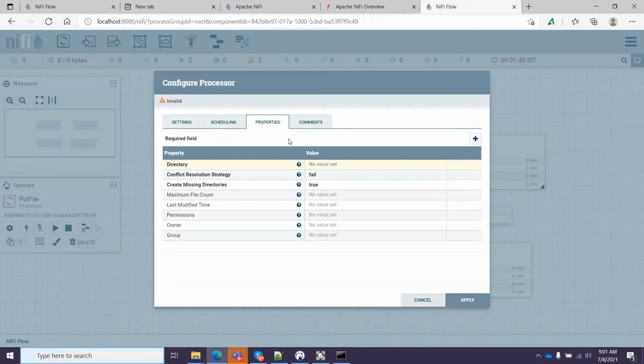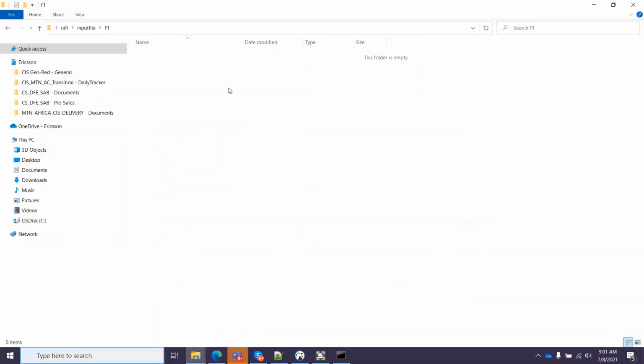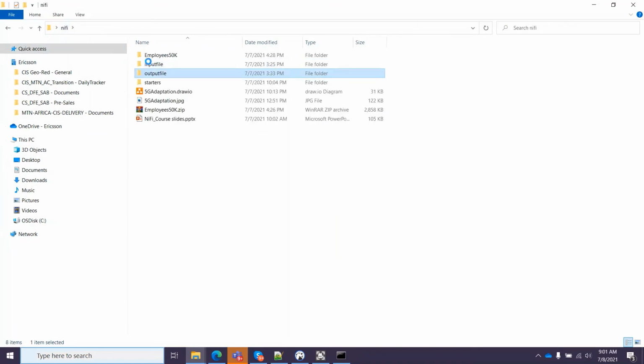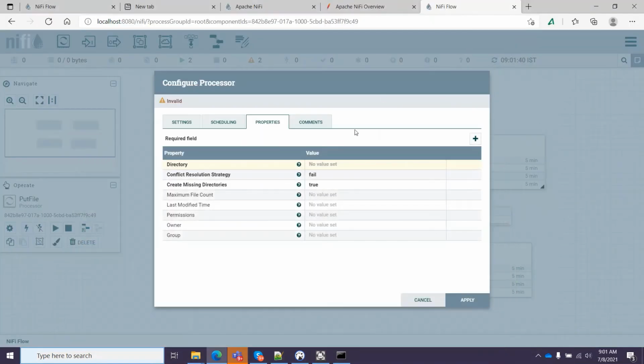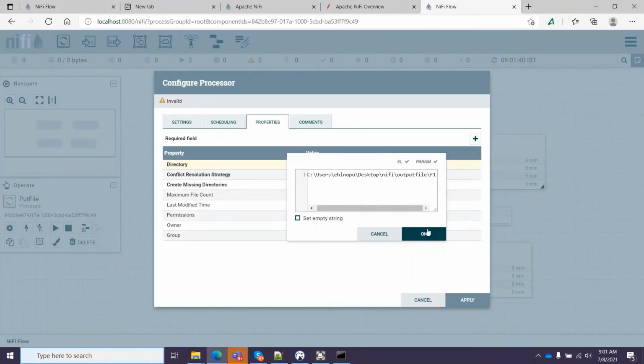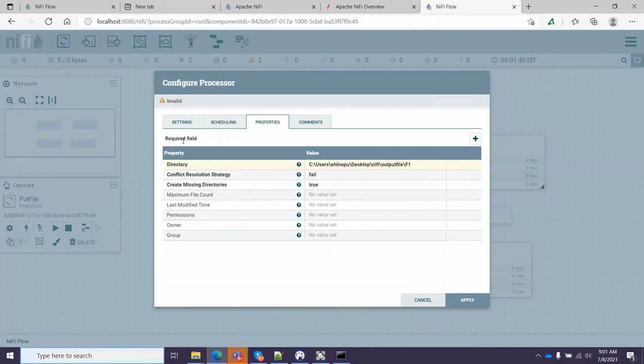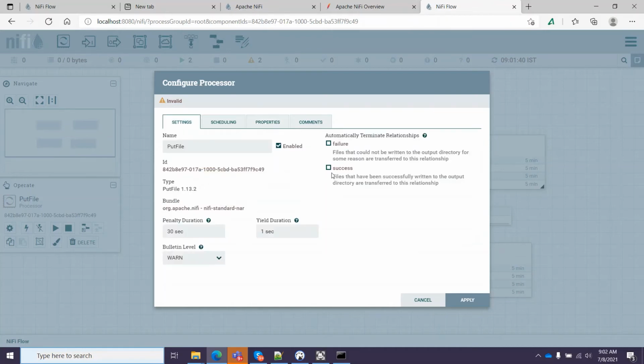I go to properties. I have to define my directory. Settings on success. So there are two flows, success or failure.